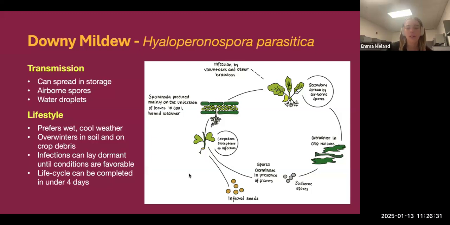In terms of infection, systemic infections, which mean that the disease is found all throughout the plant, are usually thought to arise from spores that infect through the roots. After that initial infection, the pathogen then enters a growth stage where it spreads all throughout the plant's tissue, and then starts producing a lot more spores, which can then cause secondary infections through rain or wind and spread to your surrounding crops.